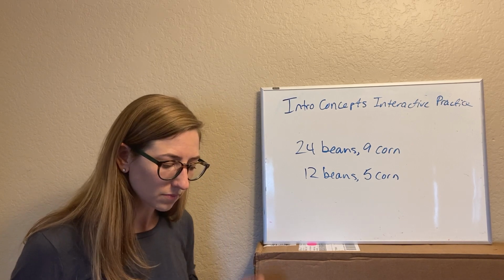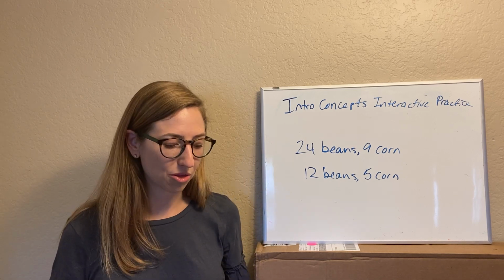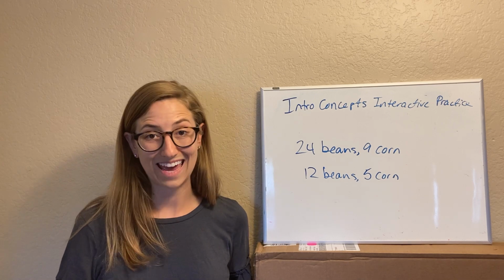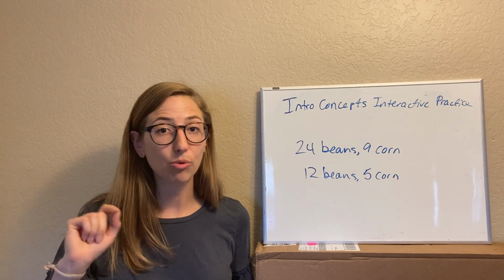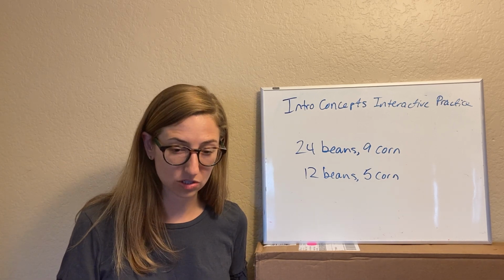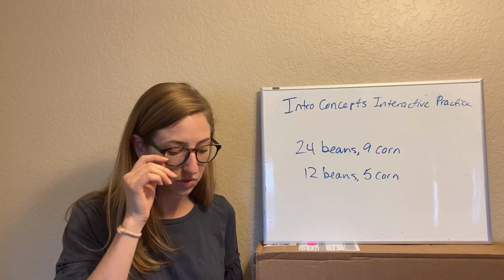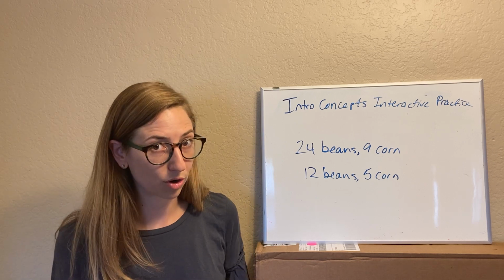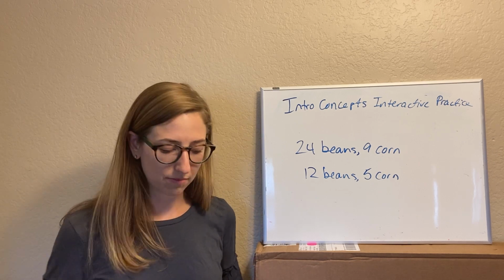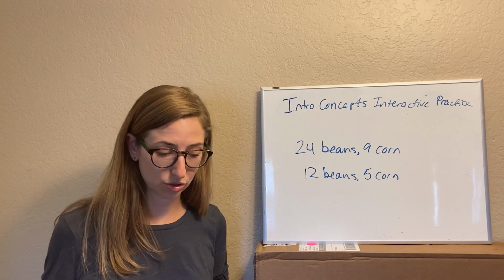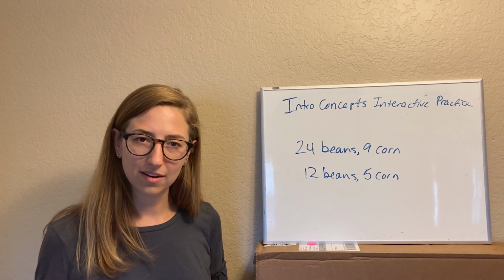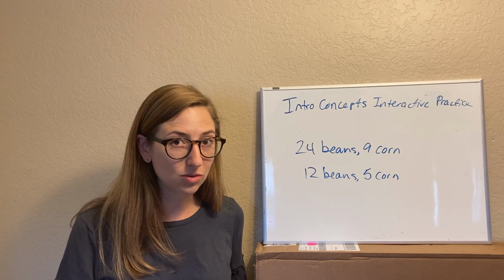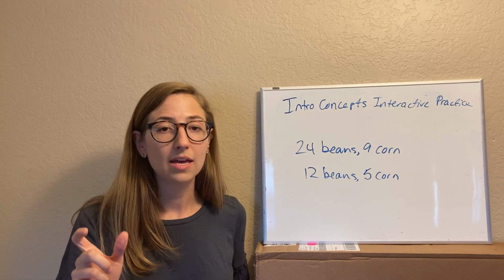Then what's the opportunity cost of making 3 more units of corn if this company moves from producing at point D to point A? We notice point D and point A are both on the production possibilities curve, so they're both full and sustainable uses of the resources. But it might be that for whatever reason, Farm and Things wants to produce more corn than it did before, and they can do that. They can switch and make 3 extra ears of corn, but they can only do that by giving up beans. So the opportunity cost of making these extra 3 ears of corn is the number of beans they have to give up.